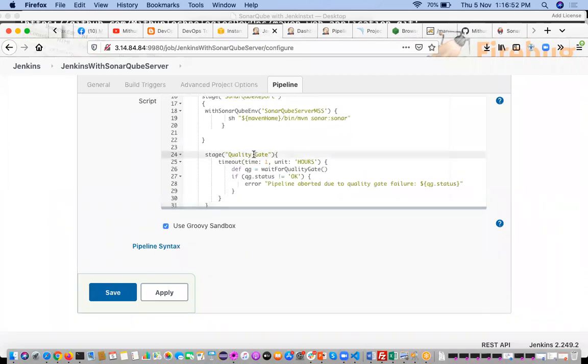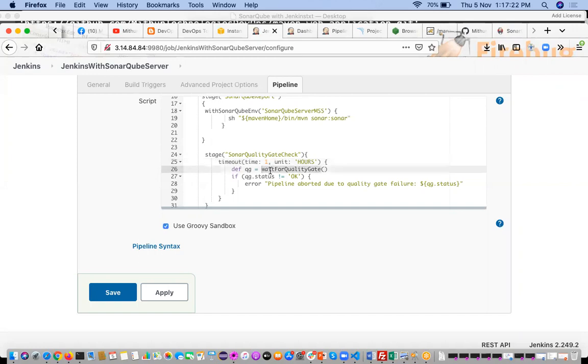Here, if you want, you can change the stage name to SonarQube quality gate check. See here, timeout 1 hour. For executing the SonarQube analysis and getting the status, we are going to wait 1 hour, but there is no need to give 1 hour. Right now I'm giving 1 hour. You can change the units also, to minutes.